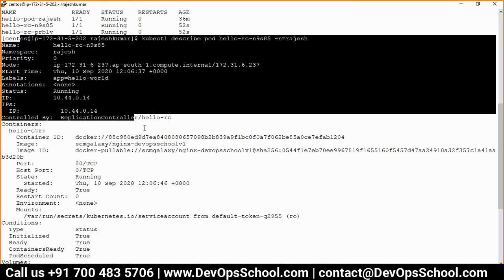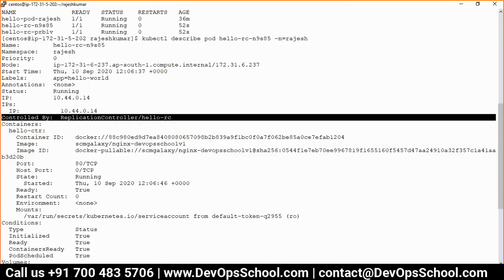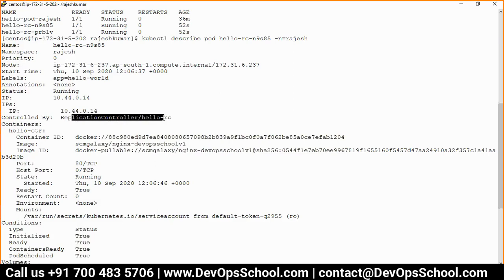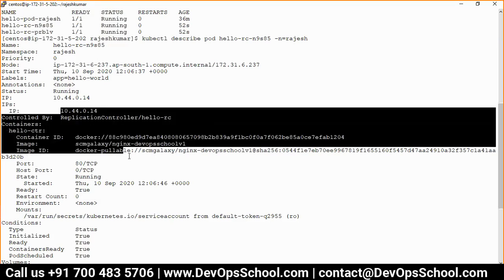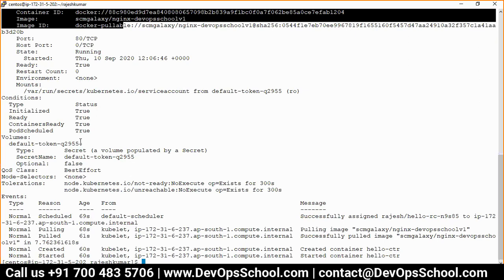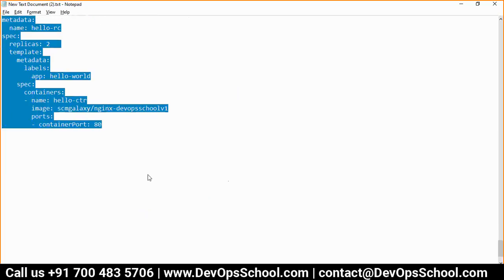This is the pod description. You should see this one. The difference between the normal pod and the pod controlled by a replication controller is this one: this pod is controlled by a replication controller, but the normal pod you've been playing with till now is not controlled by anything. So that's important. Now everything is the same. Whatever I taught you above, you can use with this.